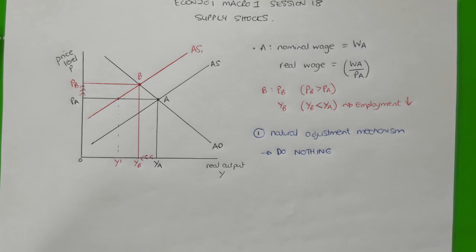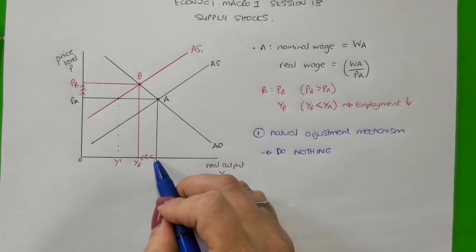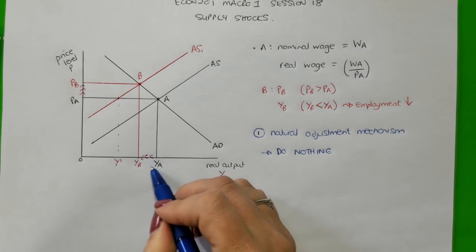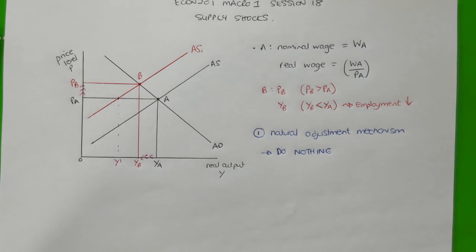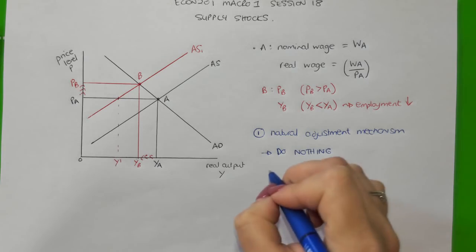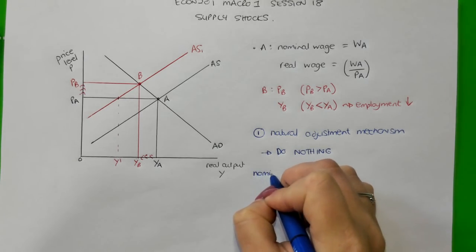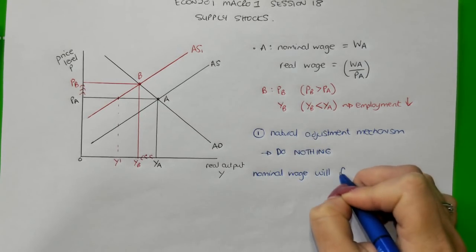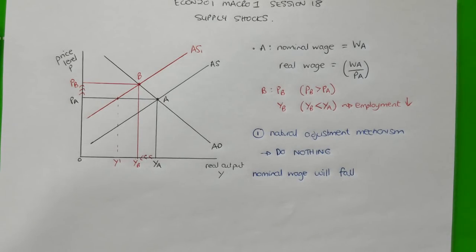If nothing is done formally in the economy, it could be argued that over time, the rising amount of unemployment in the economy will put downward pressure on the nominal wage. So over time, the nominal wage will fall. The idea is that people who become unemployed and are without work will eventually become willing to work for less. And that places downward pressure on nominal wages. And as nominal wages fall,